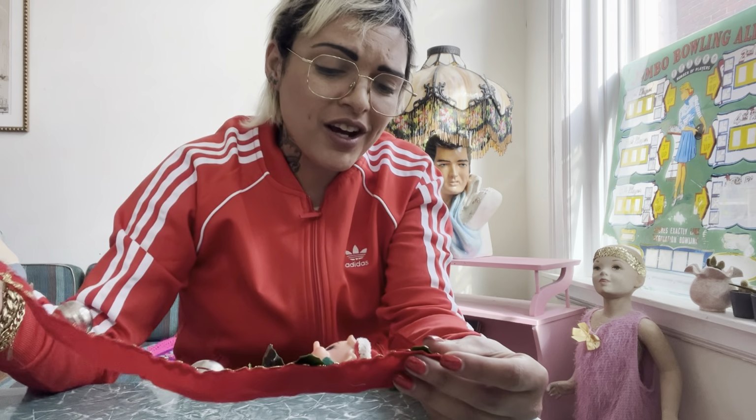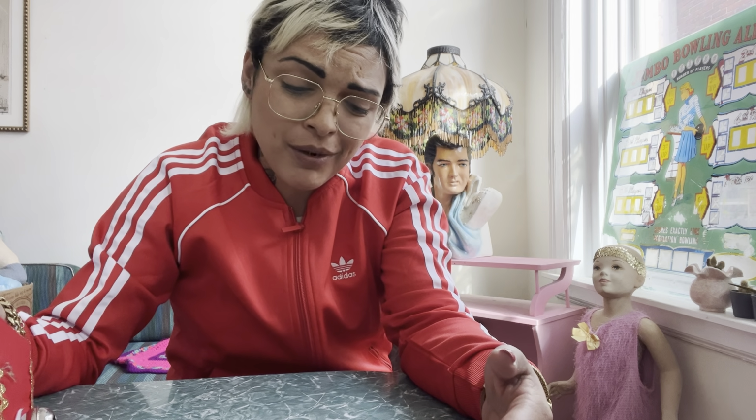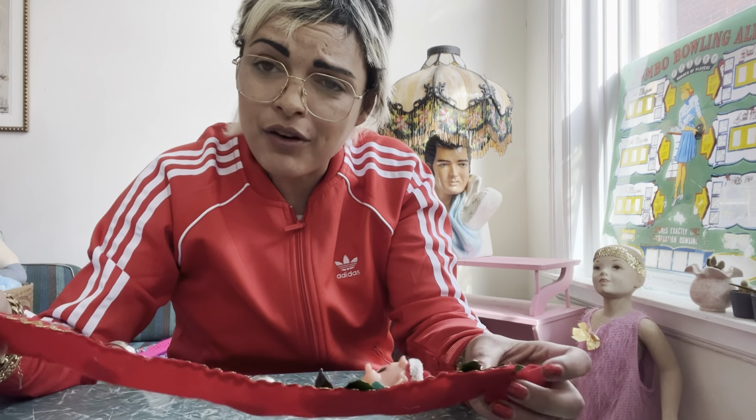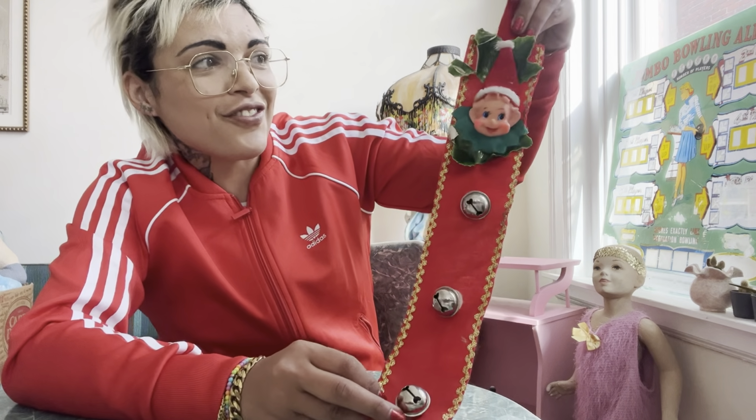I'm not sure if it got damaged while it was in the box. I don't think I would have picked it up, honestly. I think it got damaged en route back to my home. But I only paid $8 for it. I'm sure I'll be able to get my money back. Somebody will be able to repurpose it. You can hear it jingling. It's this fun little elf